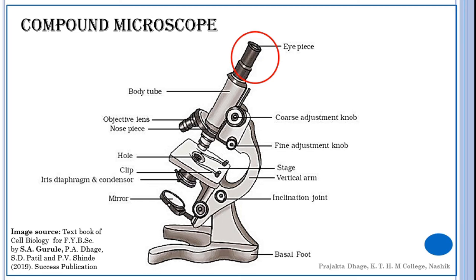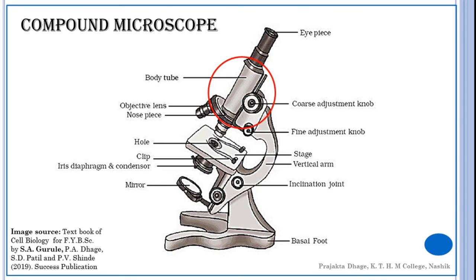So when you are using it, you will actually be able to focus on a particular cell. Let's take an example. You have ample cells, mitosis you are observing, and you want to show a particular stage in it, say anaphase. Then you can pinpoint that particular cell having anaphase in it by means of this pointer. Now the next structure that we are going to talk about is the body tube.